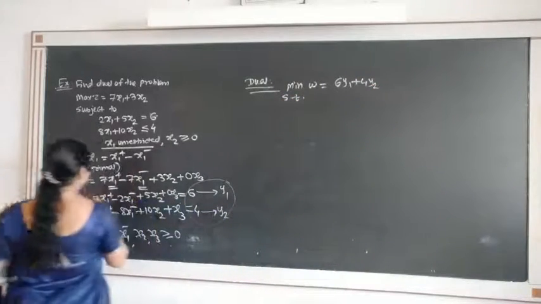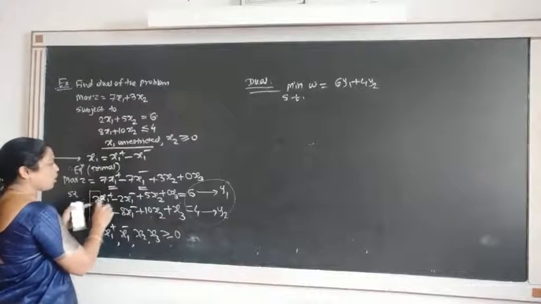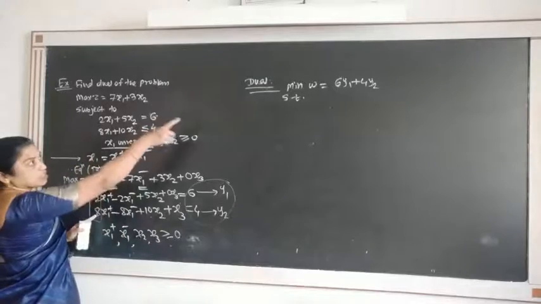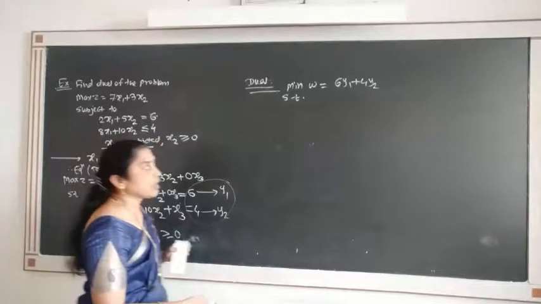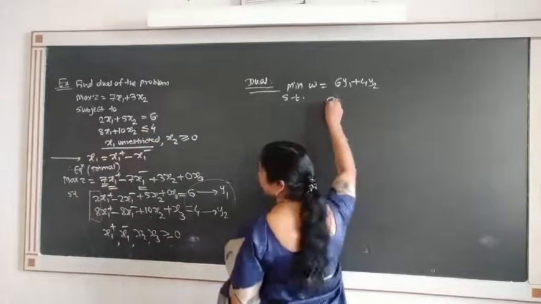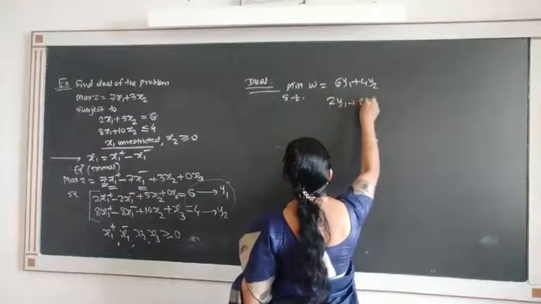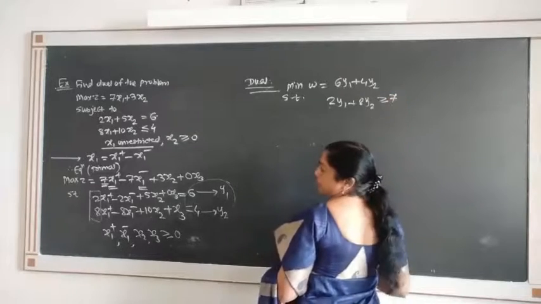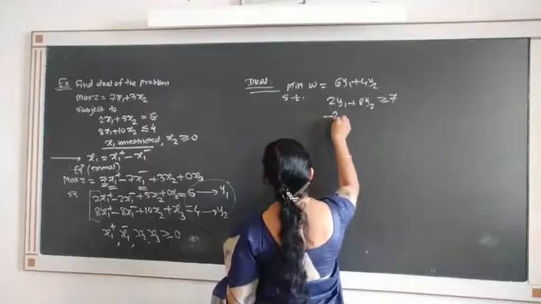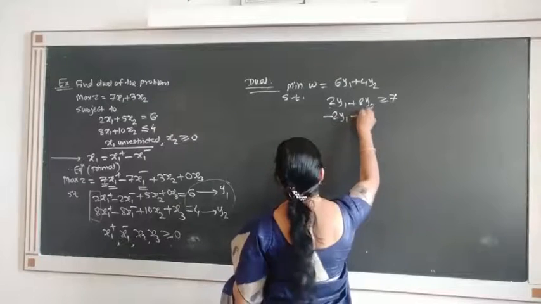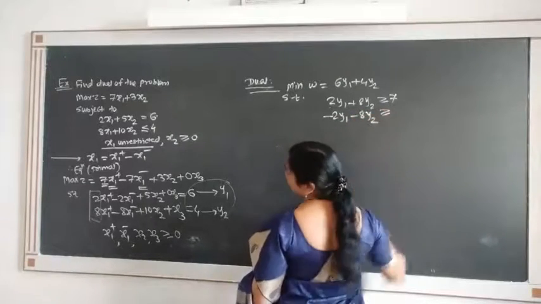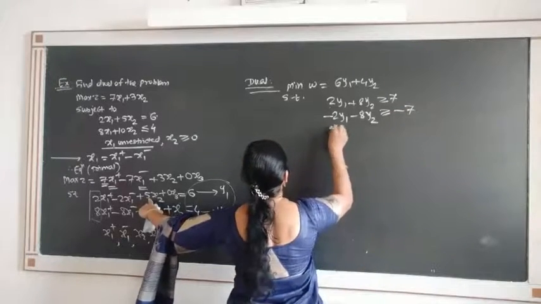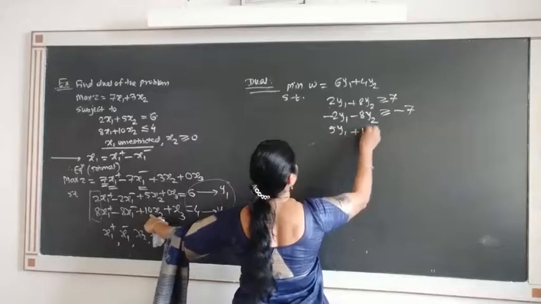The first column gives us the first constraint, 2y1 + 8y2, and because it is minimization, greater than or equal to, so we get 2y1 + 8y2 ≥ 7. The second column: −2y1 − 8y2 ≥ −7. Third column: 5y1 + 10y2